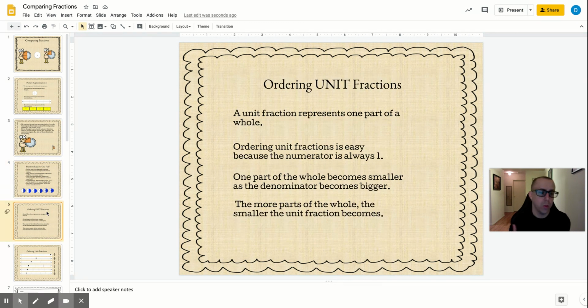Okay, we have also learned, and this is a review, that we can order our unit fractions. We can put them in order. A unit fraction represents one part of a whole. So whenever the numerator is 1, you can compare those unit fractions. Ordering unit fractions isn't hard because the numerator is always 1. So the numerators will be the same. So as the digit in the denominator becomes bigger, as you are dividing the shape into more parts, the fraction is actually becoming